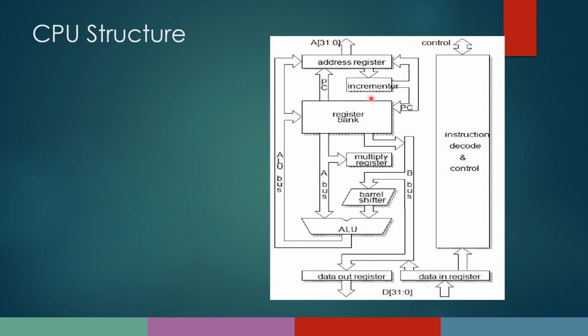All these components are very important. We obviously know that for every processor we will have an arithmetic and logic unit, and then we have the data in register for taking the data in, and the final data which is coming out of the data out register. Then the address register, which is mainly used for fetching the next location. So here 0 to 31 means that we have got 32 bits. Similarly for data also we have got 32 bits. And then we have got an incrementer. So after each instruction fetch, the address will be incremented.